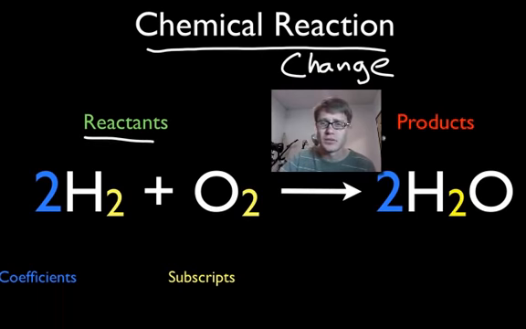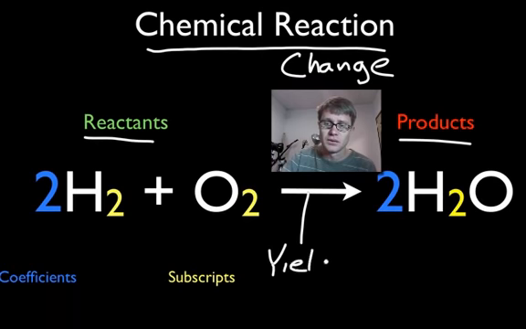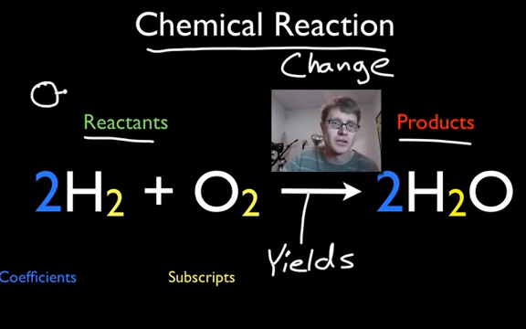Now you should know this. The reactants are on the left side, the products are on the right side, and this arrow stands for the word yields. And so if I were to sketch this out for a second, let's do the hydrogen. Hydrogen is going to look like this. Hydrogen is two